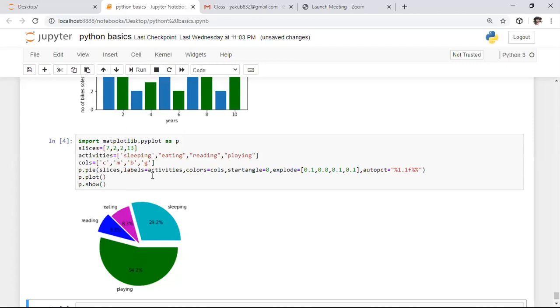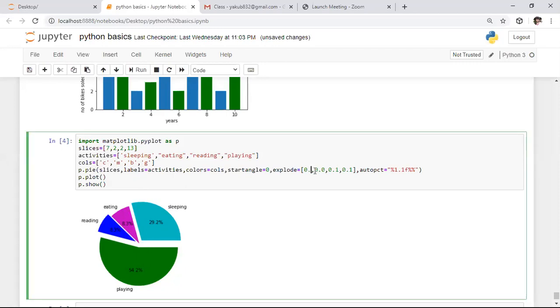That means if you don't specify the orientation of the plot, by default it will be in counterclockwise form. After this, we have the colors attribute. Here we specified the colors. After this, we need to specify the start angle from where you want to start the graph. Explode is for when you want to separate any piece, keep some piece out of this graph. Here we need to specify that in the explode. So let us make this clear.